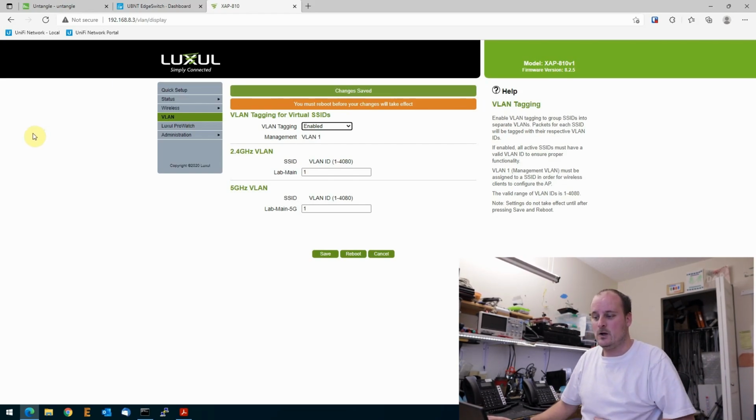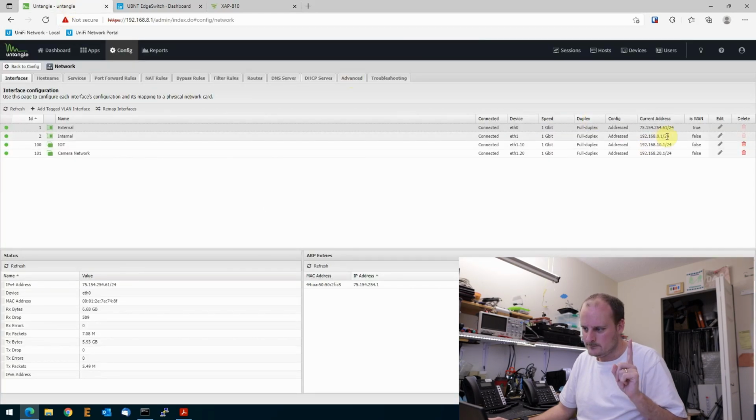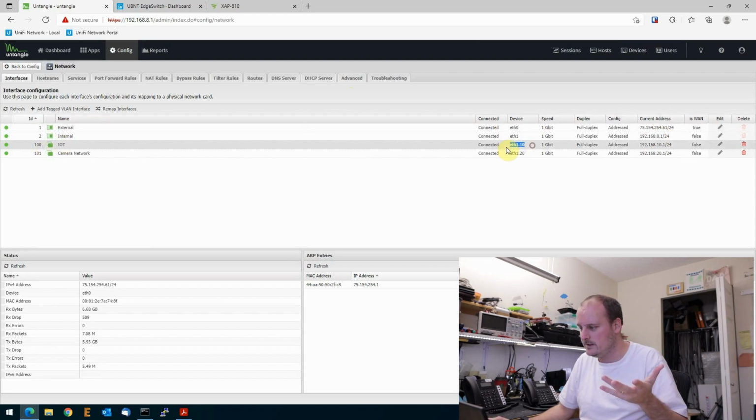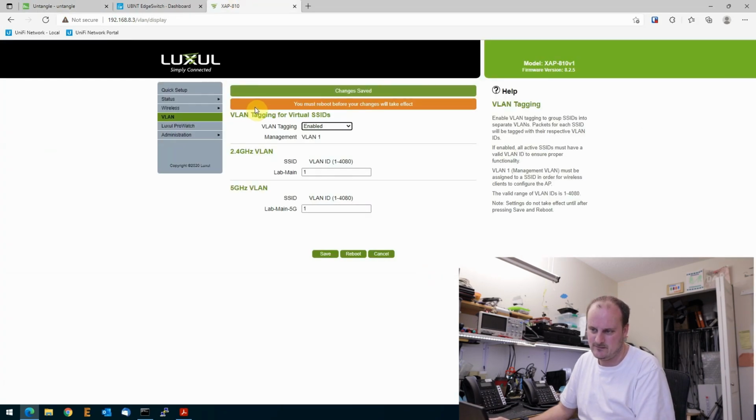But, so, the last time we were working on VLANs, we created, over here on the screen we have, the default one is 1, the IoT is 10, and the camera network is 20, kept it simple. And then our subnets is 10, 20, and 8. So, in the access point here, first we have to create the wireless SSID so we can change these. So let's go settings,